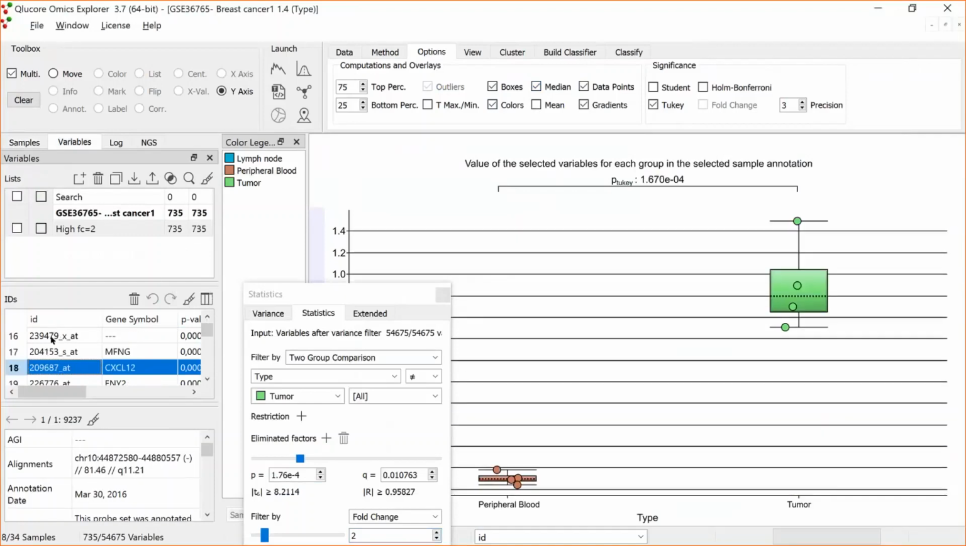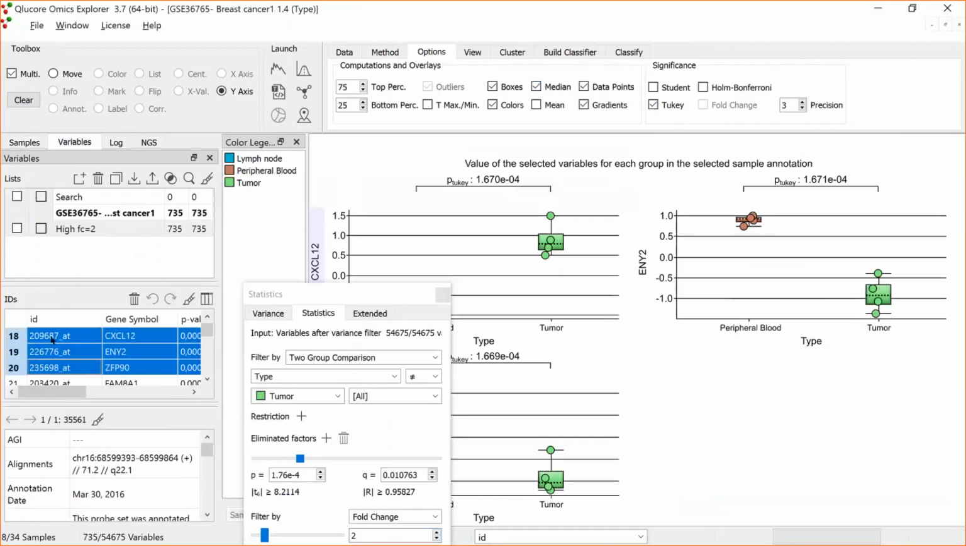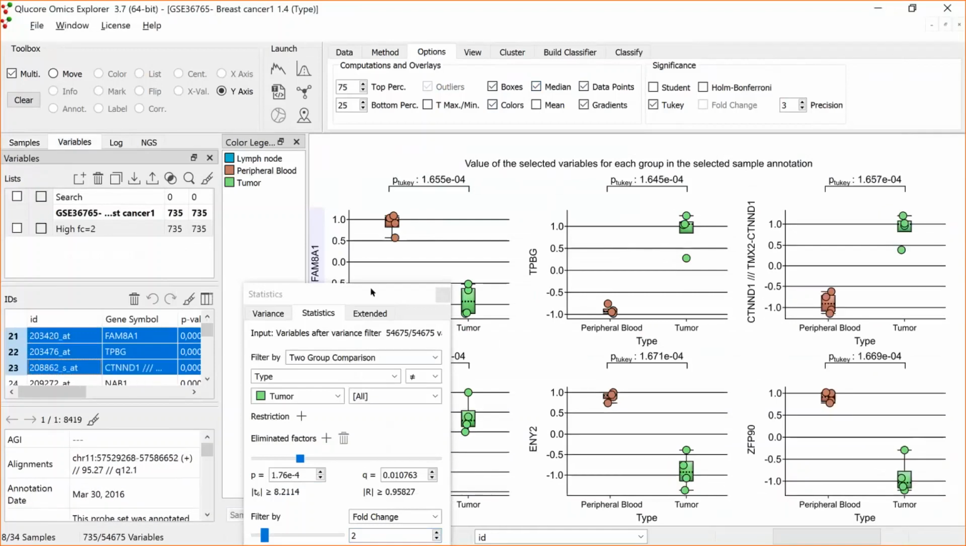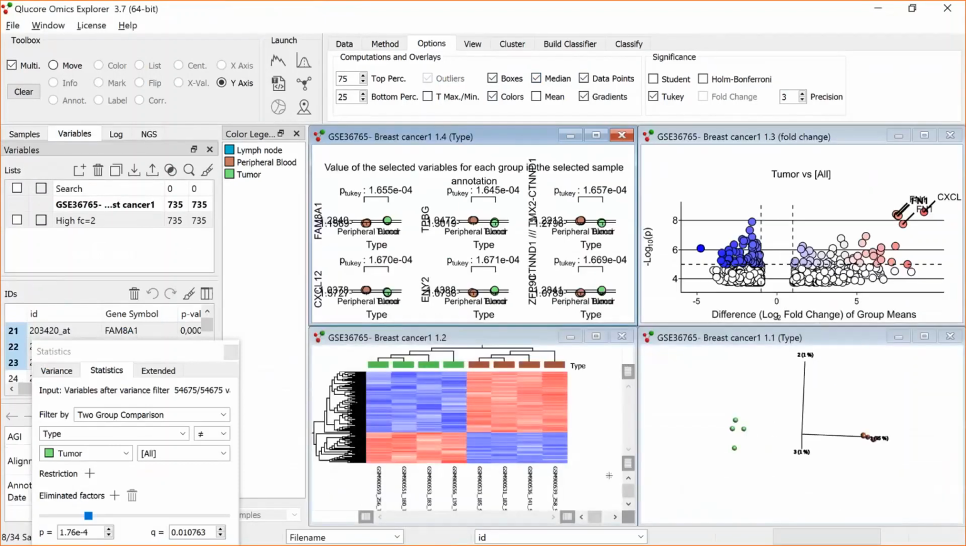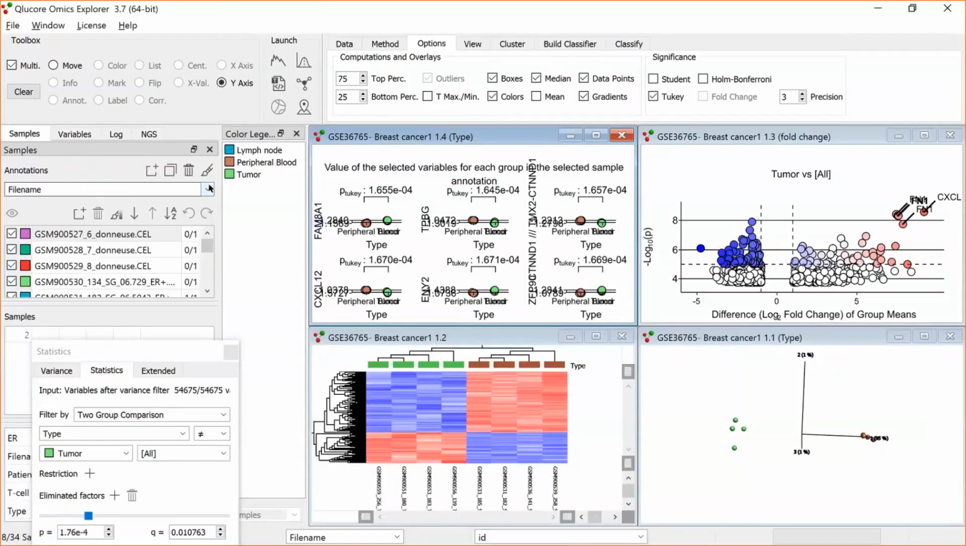So one or many, if I press down shift, I can select many. So if you want to compare a couple of genes in the same box plot, you can do that. And so now I'm ready to export this to MetaCore. I will do that, and then I will repeat this, and then instead go and